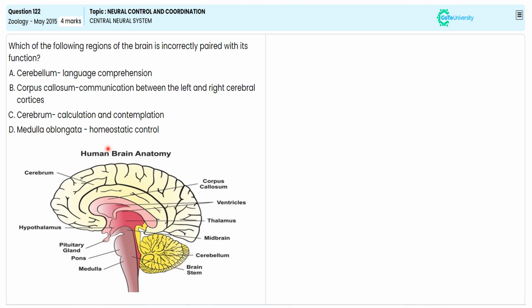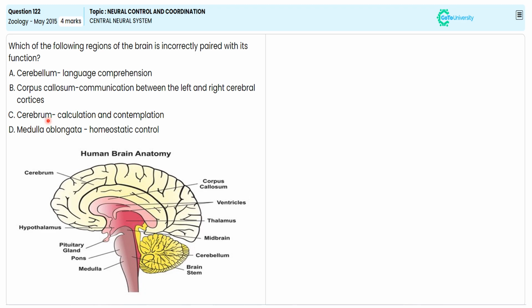With this specification, we are specifying that option A is a wrong answer. Why? Because the cerebellum is in no way connected with language comprehension. So we are choosing option D as the correct answer to secure 4 marks after ignoring options B, C, and